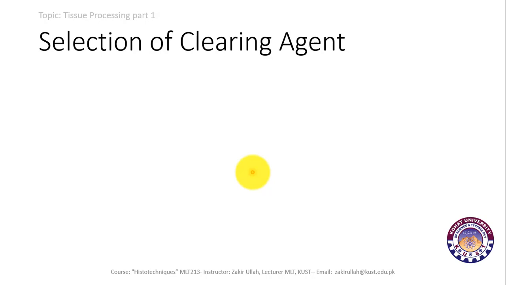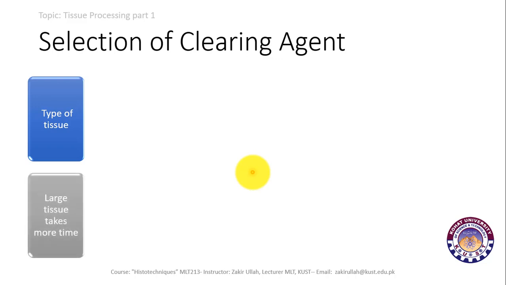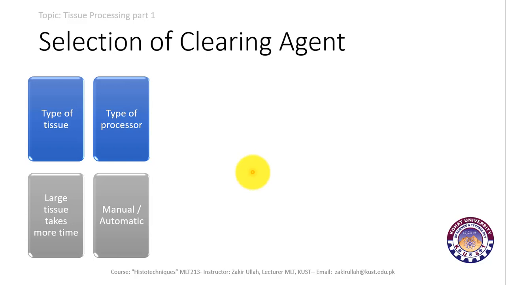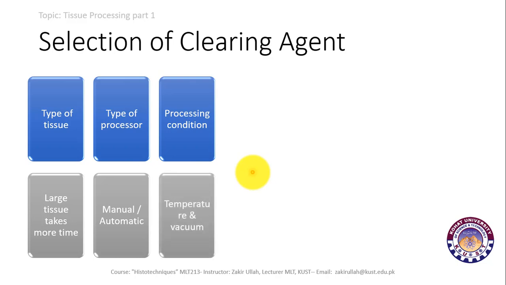Now, how can this clearing agent be selected? What are the different factors which affect the clearing agent? The first one is the type of tissue, that the larger tissue takes more time to clear and the smaller tissue takes less time. So, the clearing agent should depend upon the type of tissue, which type of tissue processing is used, either manual or automatic, the conditions during which the processing is performed, that is the temperature, vacuum,